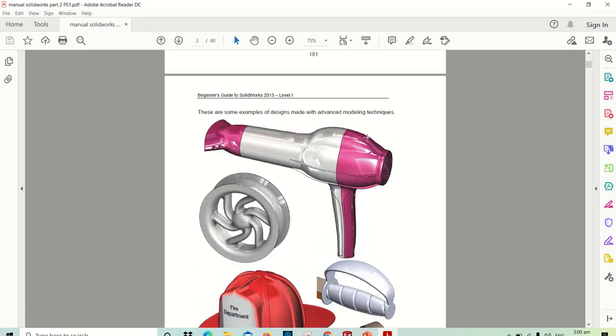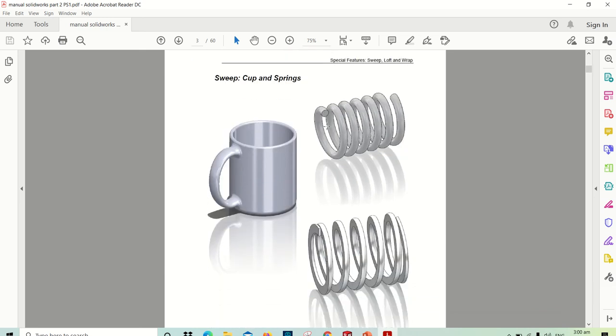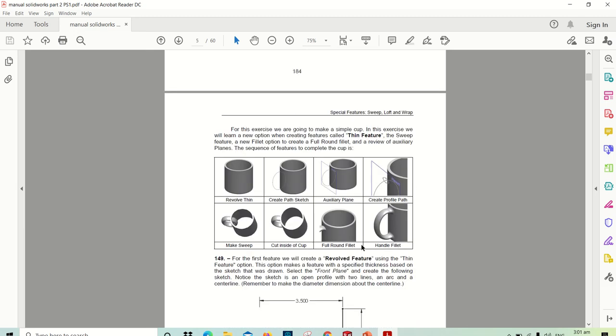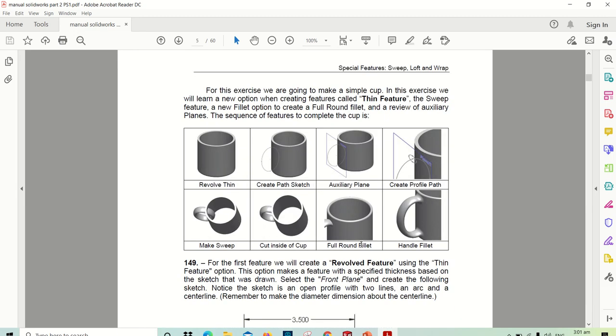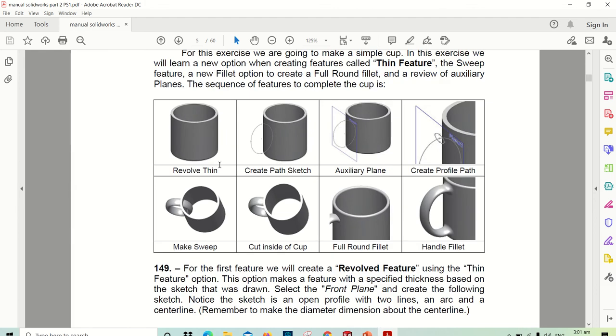SolidWorks. To start, we will be able to draw the mug and different kinds of springs, which are the constant spring and the variable pitch spring. We will use this PDF to learn how to perform these features. This is a quick preview of our first example, which is the mug. We have to revolve, create a path, an auxiliary plane, create a profile path, then make a handle out of a sweep and